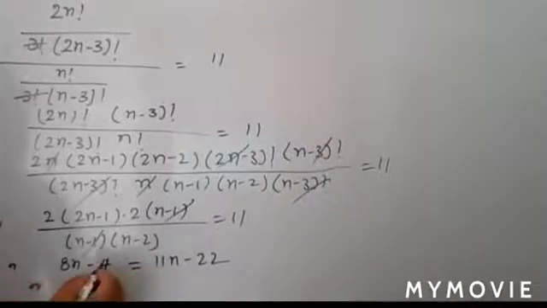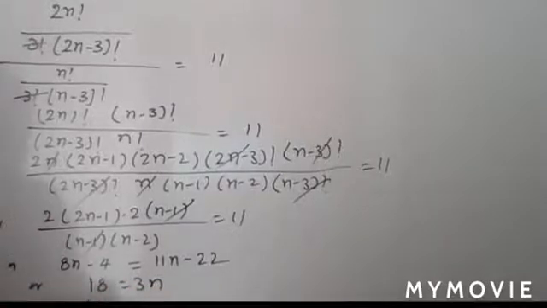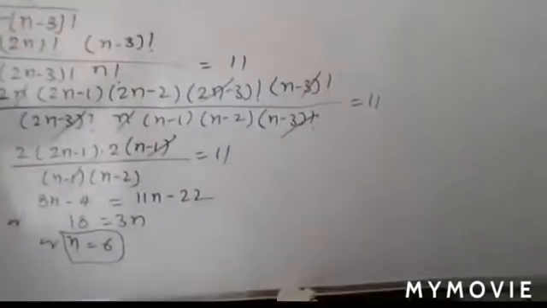So 18, and just subtract here. So 3n, so n is equal to 6. So here you have n is equal to 6. Just write it. Here you have n is equal